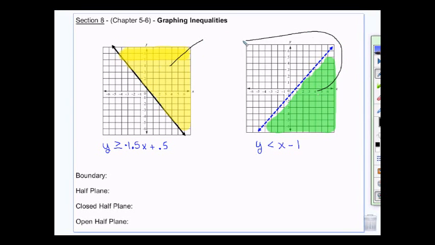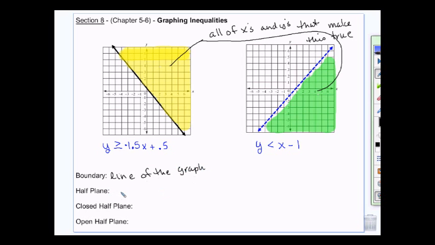regions are all of the x's and y's that make this true. Okay. So far okay? All right. The boundary is the line. Okay. The half plane is the shaded portion